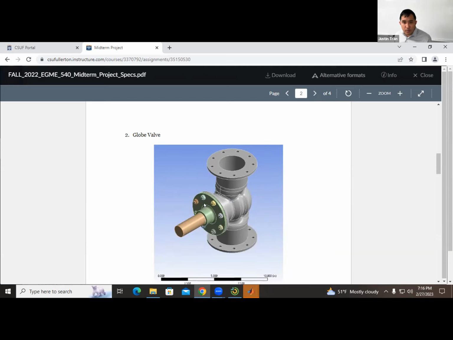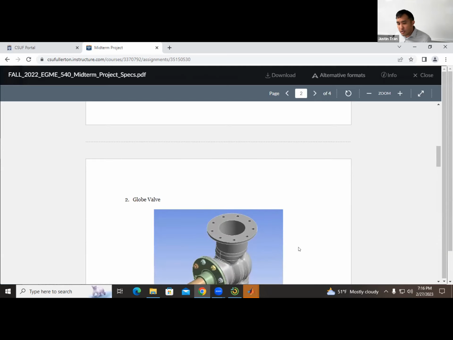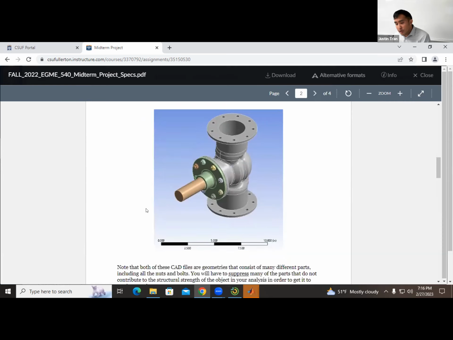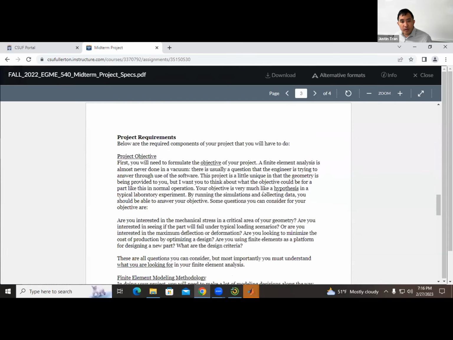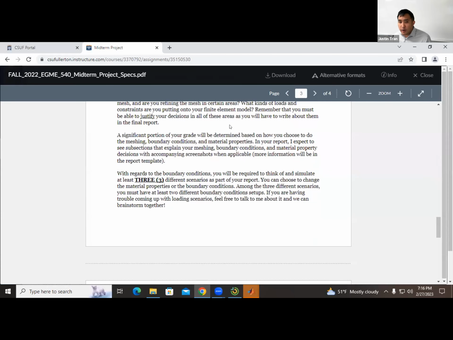Maybe something hit your part. You want to see if it can withstand that. And maybe a third condition could be the same loads and constraints as before, but you change the materials to a plastic or something like that, and you see how that changes the results. But I do want to see 3 different scenarios. So again, you have to use your imagination a little bit, but I think you'll be okay.